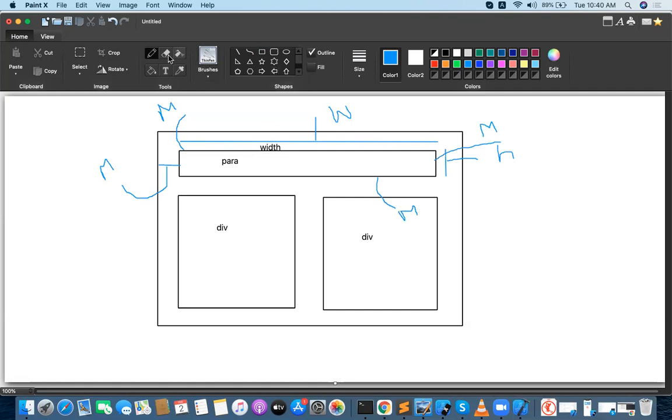At the same time, inside the paragraph we will have a lot of content. Inside the paragraph we will place some text, right? From the text to the paragraph edge, some space is allocated. This is called inner space. Inner space is called padding. Padding is also available on all sides: top, left, right, and bottom. Okay, I will let you know one by one.